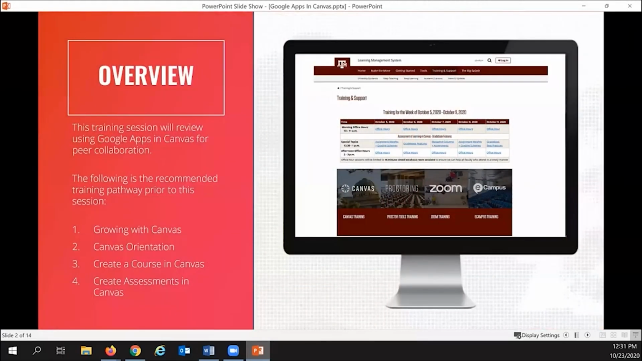A bit of an overview of this training. Before you attend this training, we do have a recommended training pathway that you might consider taking, just because we're going to move ahead and pretend that